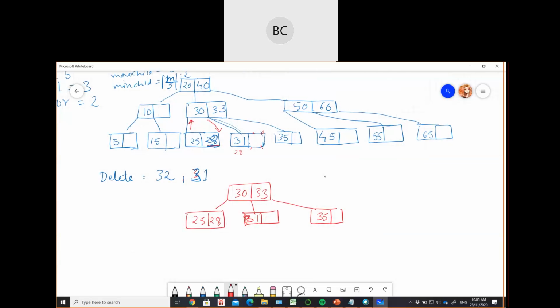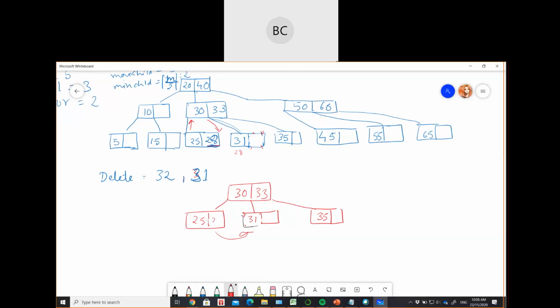So go to the left sibling. This has a maximum of 2 keys and the minimum number is 1. So I can take the value from the left sibling, but I cannot directly interchange the value. I cannot just delete 31 and write 28 here. Why can't I do this? See, the parent is 30 and 28 should be to the left of 30, correct? But I cannot just interchange. That means what I have to do is